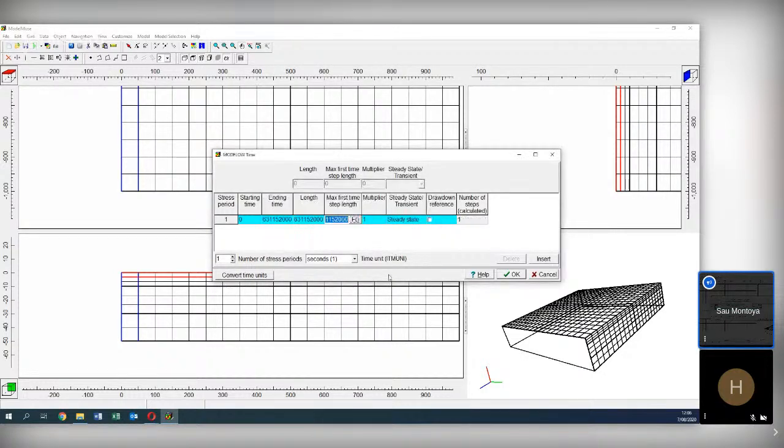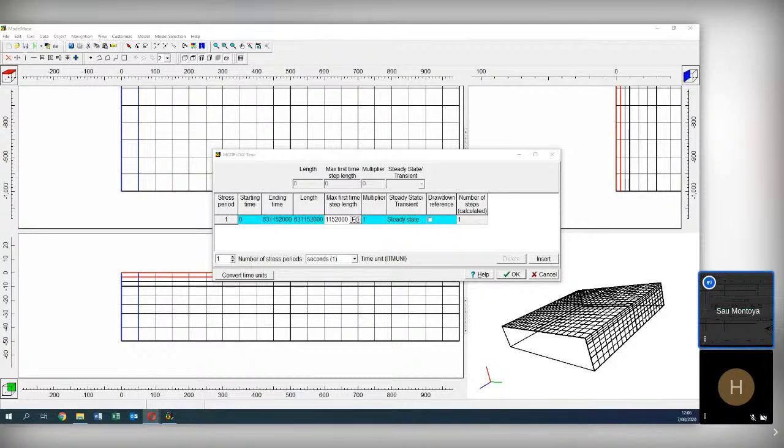What is a time step and what is a stress period? This is a really great question. If everybody is listening, this is a very important part of this class: defining a stress period and a time step.